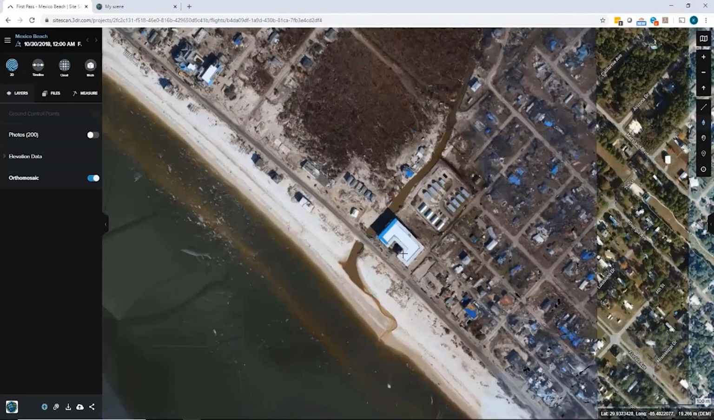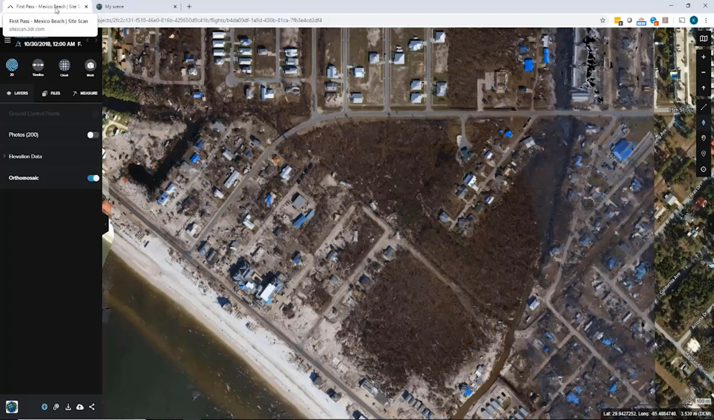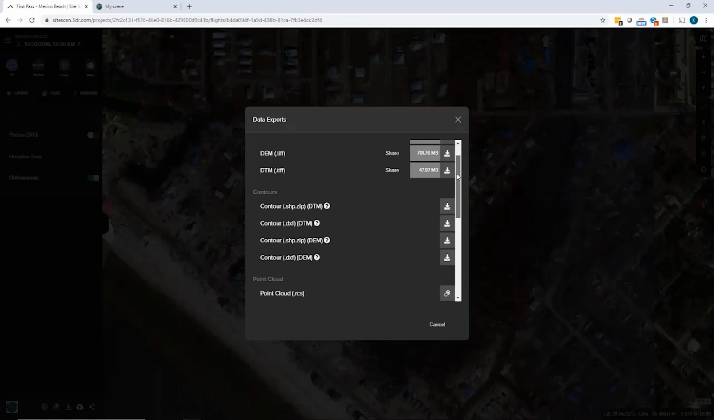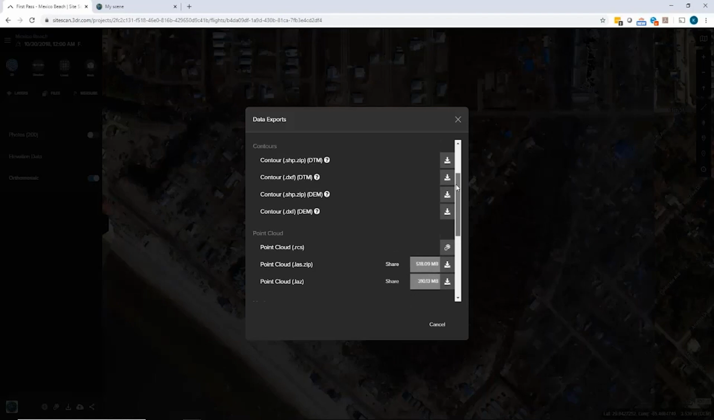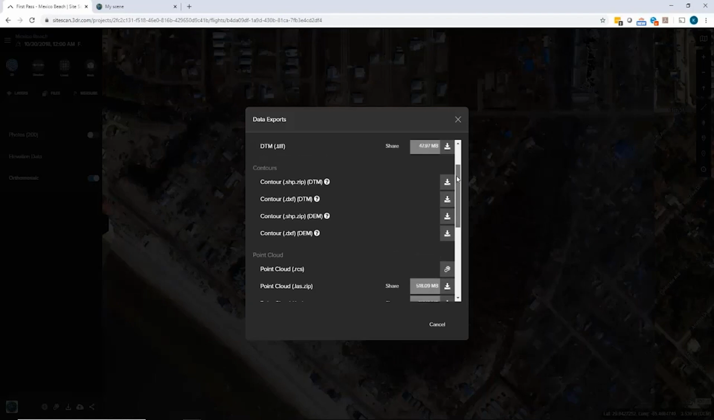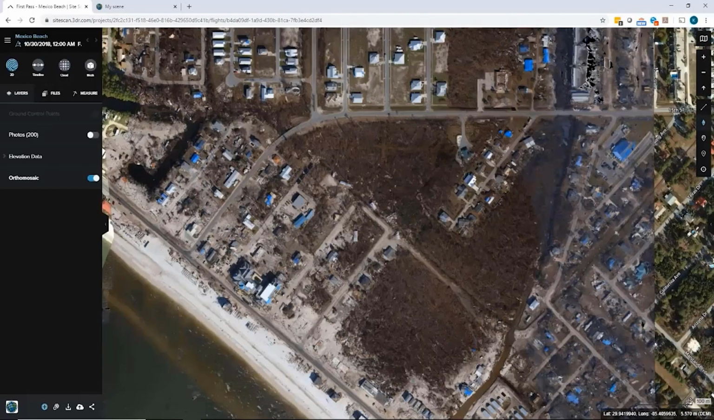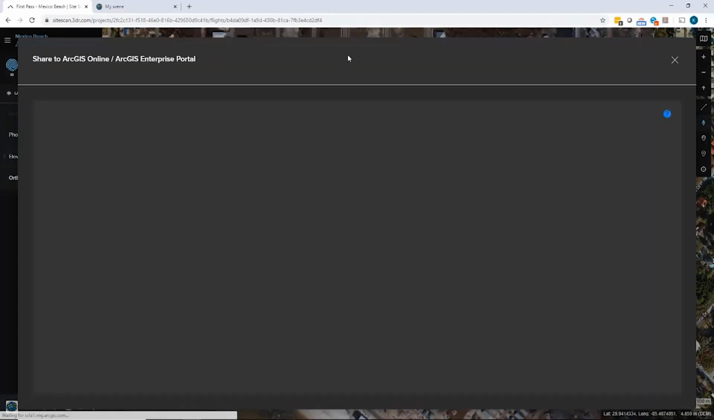So this is software that is all available on the web, and it's software that you're able to connect directly to your ArcGIS Enterprise and ArcGIS Online organizations. So you can export all of these products locally. You can download them in the various file formats that you want, or again, you can connect to your ArcGIS organizations,